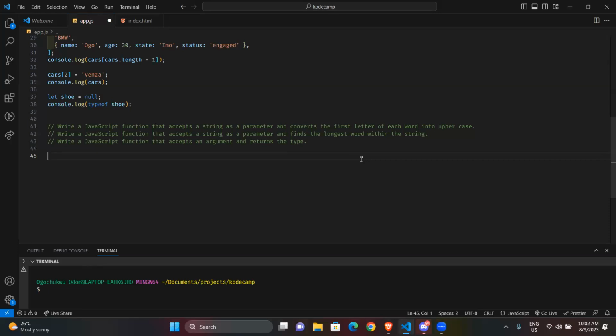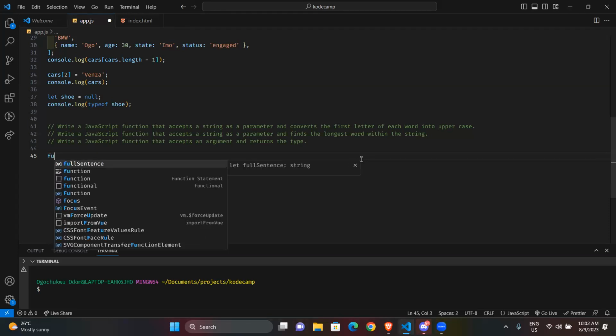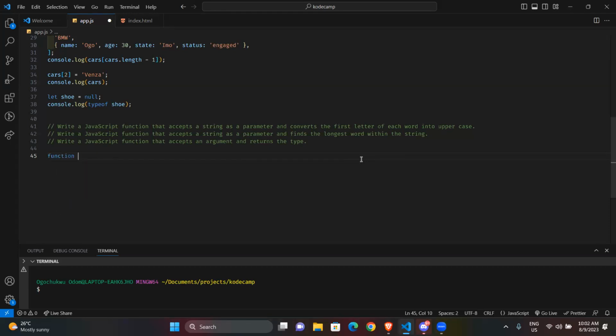Depending on whether you want to use ES5, you have to use your function keyword and you just do toUpperCase. Hope that works. Yes. Okay, that's just my own name.